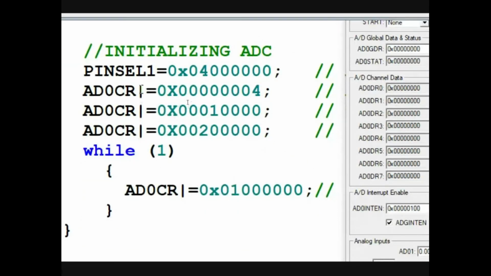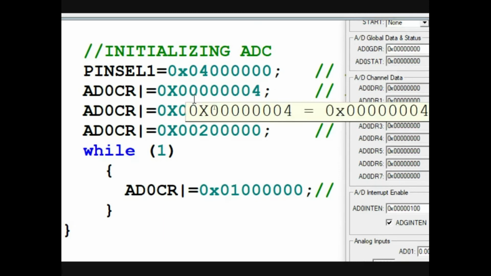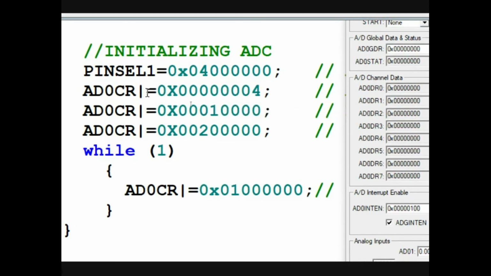So there is a pipe signal, which is the logical OR symbol, right? Without disturbing the other bits, we are using the logical OR. Logical OR is used to set the corresponding bit without affecting other bits. This is very important. To help us understand, I am setting one bit at a time clearly using the logical OR symbol.